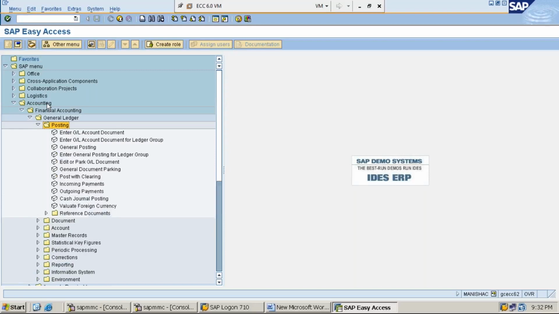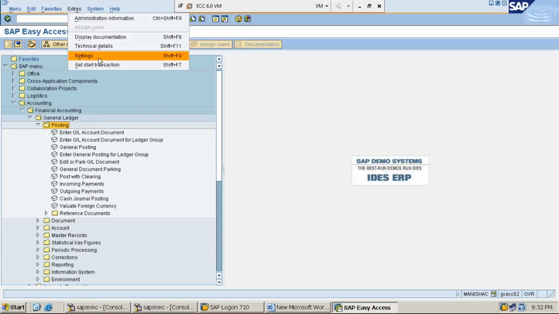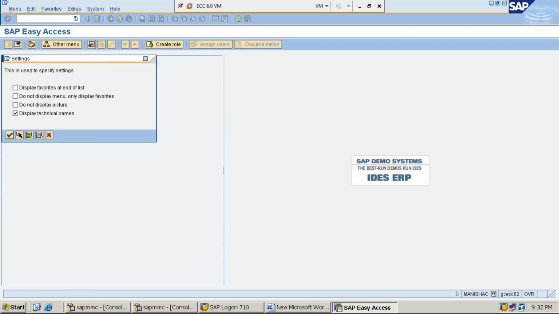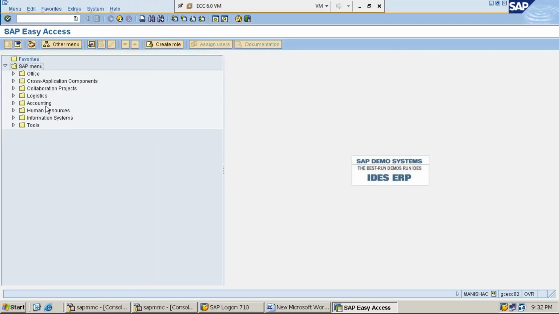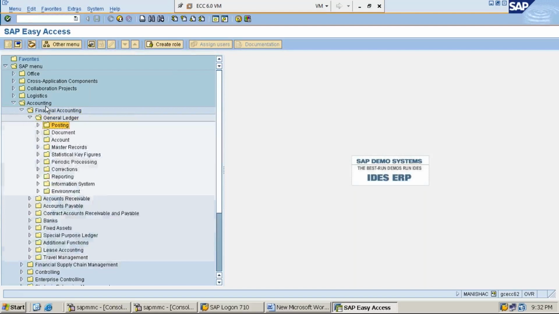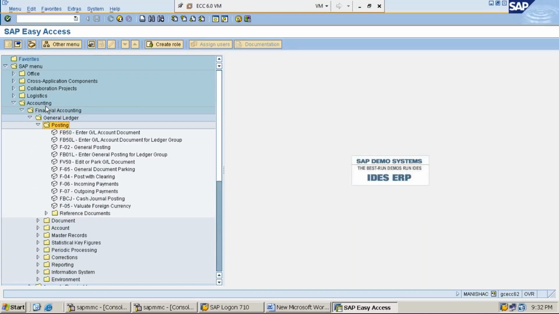SAP Easy Access, accounting, financial accounting, general ledger, posting, then